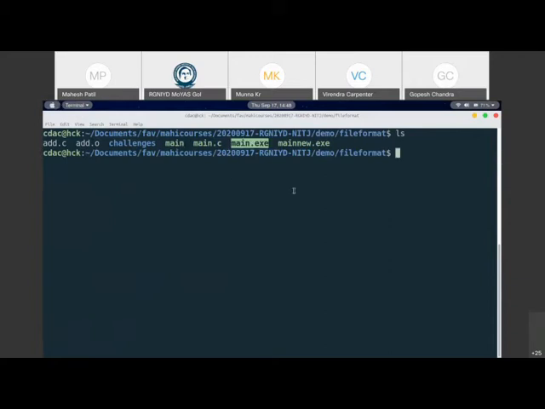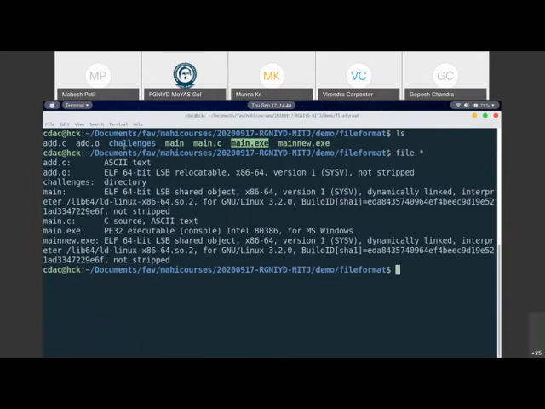Similarly, I have also generated an executable format, and I can use this utility called file to tell me what exactly each of these files is. Here you see that it tells that the main.exe file is a PE32 format, which runs on a Windows machine. While if you see main, it is an ELF 64-bit platform, which runs on a Linux machine.